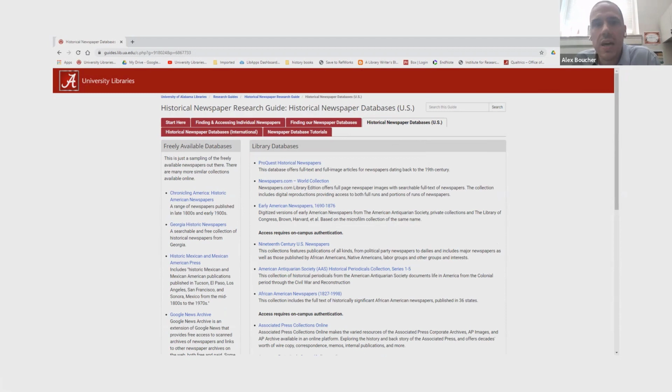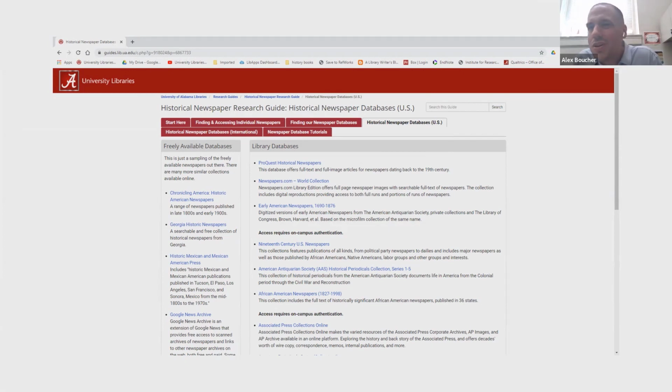And it's broken up into historical newspaper databases for the United States and historical newspaper databases for everything else, basically international newspapers. Now, this is not everything out there, but it's a pretty good sample.